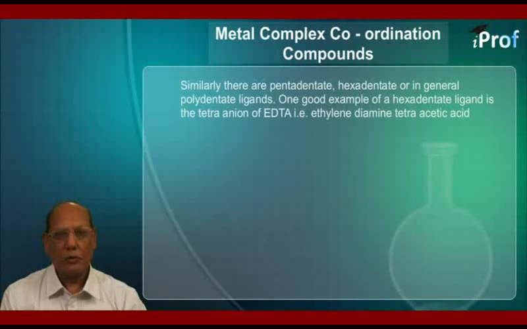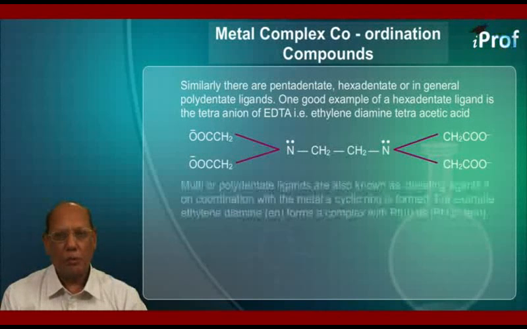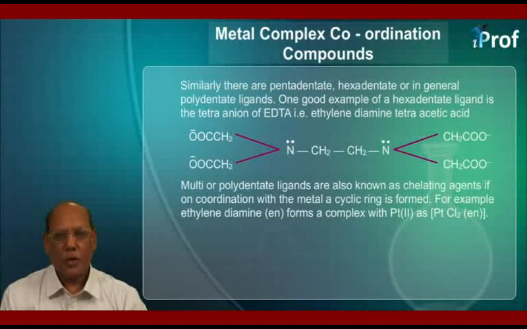One good example of a hexadentate ligand is the tetraanion of EDTA, that is ethylene diamine tetraacetic acid, with the structure given below. Multi or polydentate ligands are also known as chelating agents if on coordination with the metal a cyclic ring is